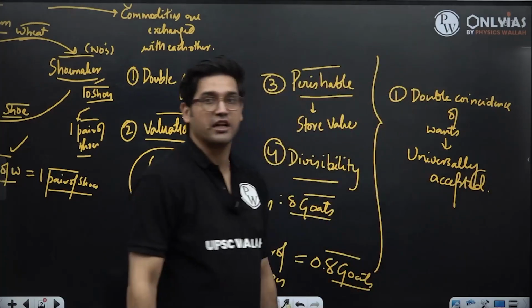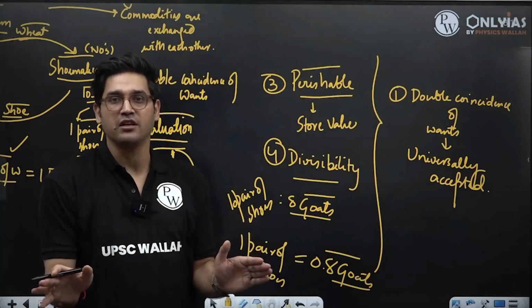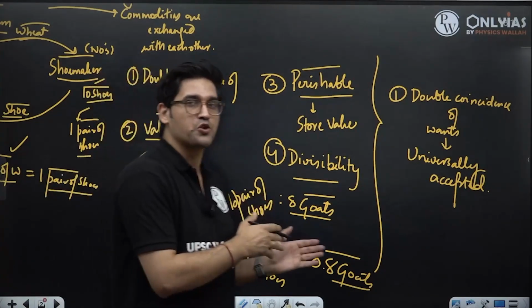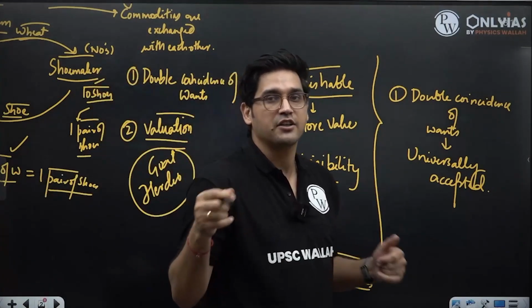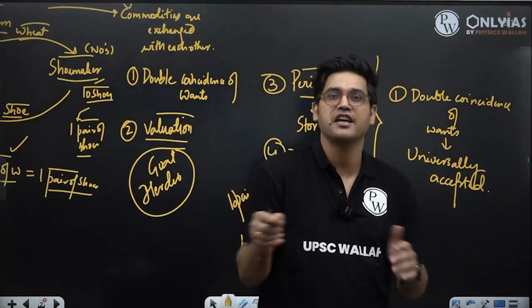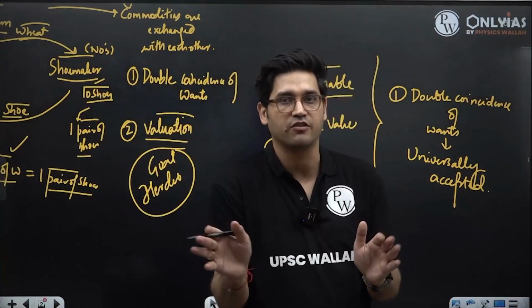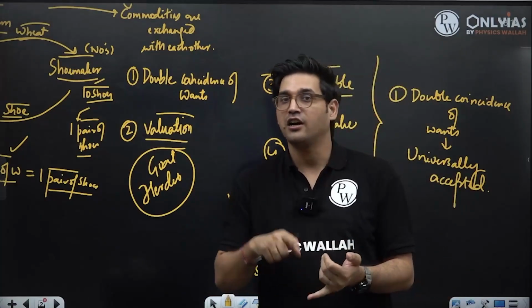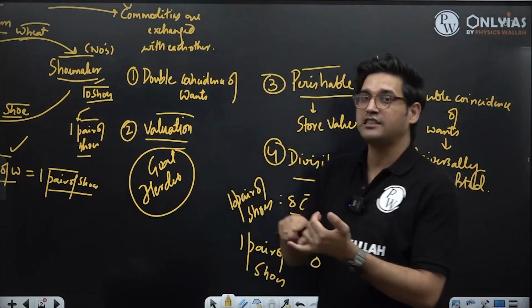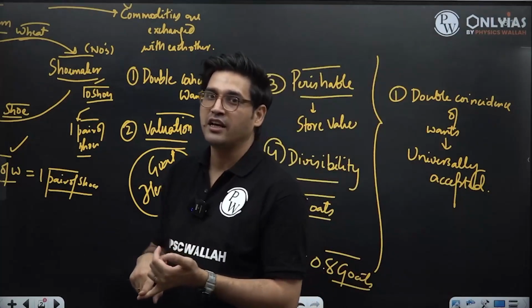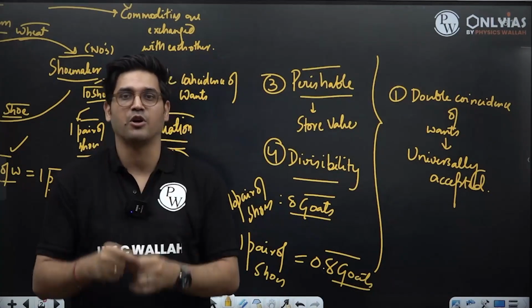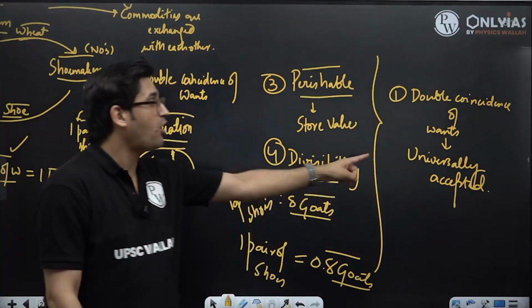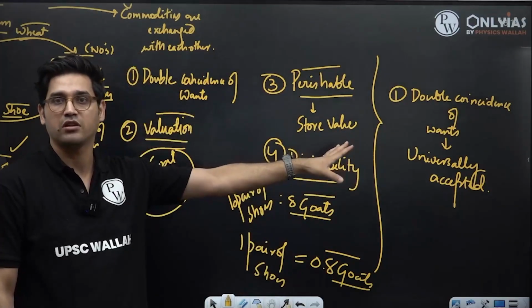I want a commodity which nobody is going to deny me if I want something of value from them. If I go to a shoemaker, if I have a commodity that the shoemaker is going to say no to, then it doesn't work out for me. But if I have a commodity that a shoemaker is not going to deny, a goldsmith is not going to deny, a t-shirt manufacturer is not going to deny, right? If I have that one particular commodity which everybody will accept as a means of payment, my problem of double coincidence of wants is solved.